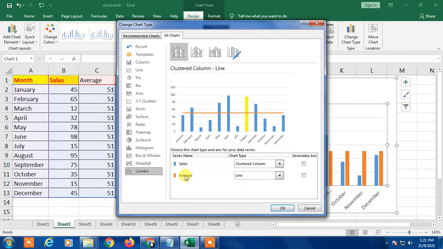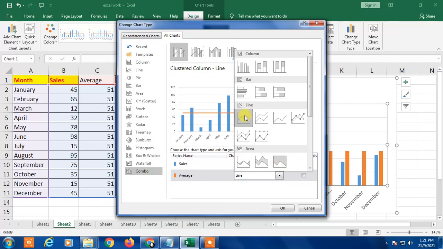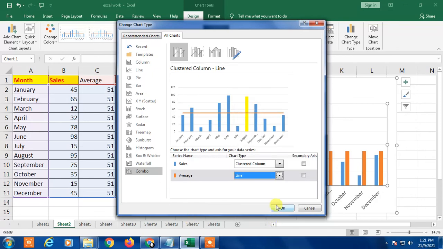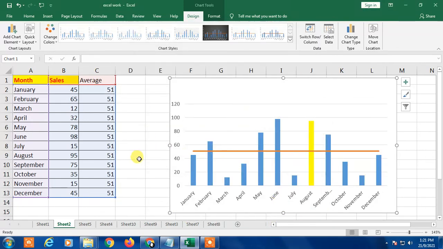So for average, you can see the color here and the sales color here. This is a clustered column, you can keep it as it is. Go to the average line and you can see the line, you can check it. You can change styles from here. I just keep it as default and click OK. So now you will get the average line like this. Okay, so that is how you get an average line